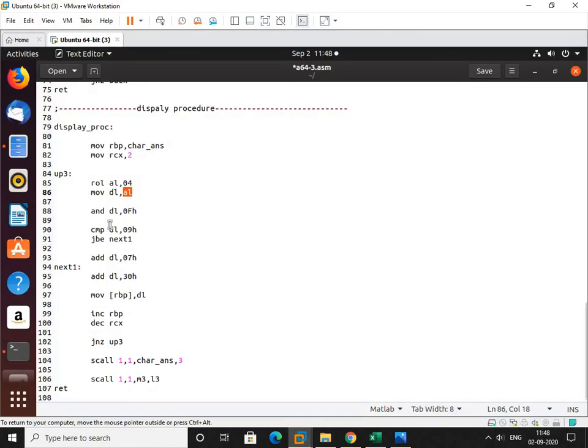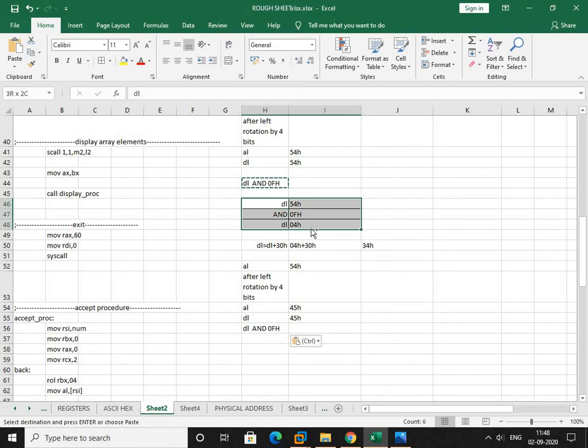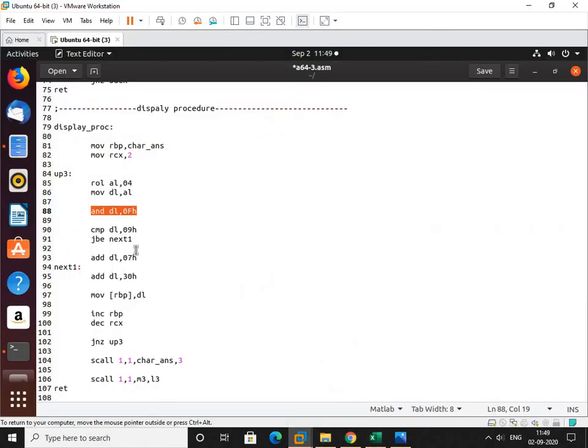Next, AND the content of DL with 0FH. This is 45H, and then I got the next digit, the second digit extracted. Now compare this with 09H.